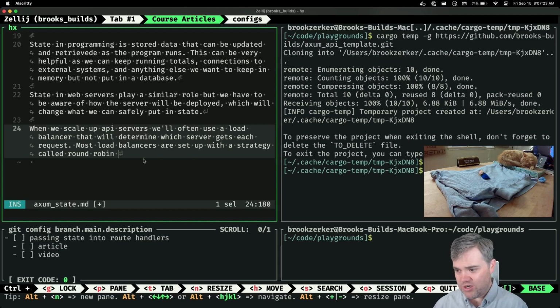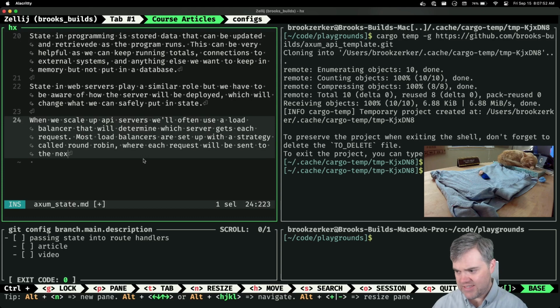Most load balancers are set up with a strategy called round robin, where each request will be sent to the next server in the list. Okay, so it gets sent to the next server in our list.